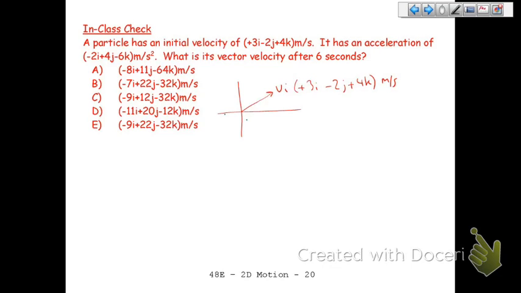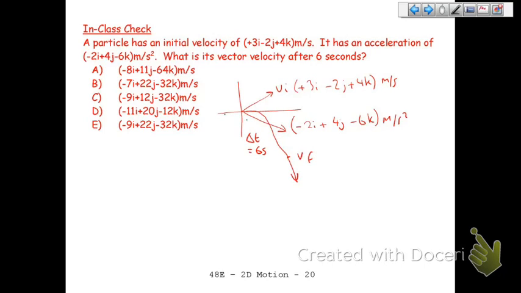And then I have my acceleration. I'm going to just draw this. Again, I'm not going to particularly try and get it right. I'm just randomly making 2 arrows on a page, but they will enable me to visualize what's going on. Did I write down the right thing on that? Minus 2, plus 4, minus 6, that's going to be meters per second squared. And what's going to happen here is this thing's going to go in that direction, but that acceleration is going to take it kind of like that. And at some point I'm going to have a v final, and our delta t